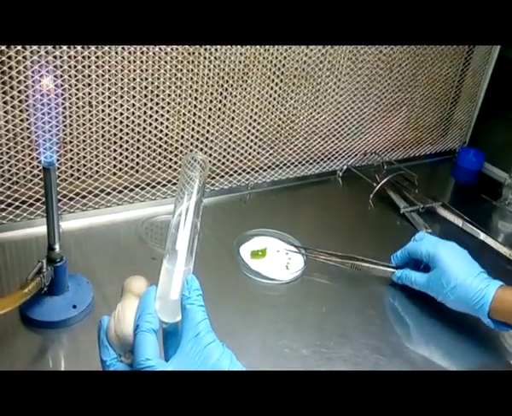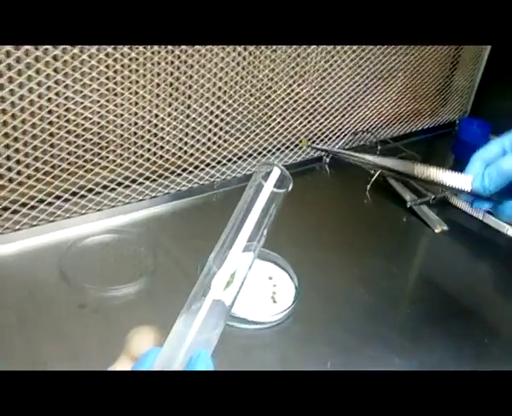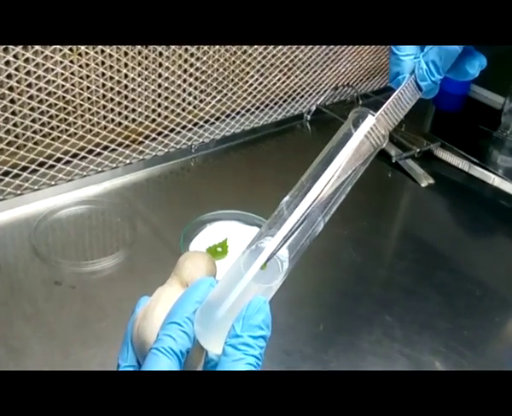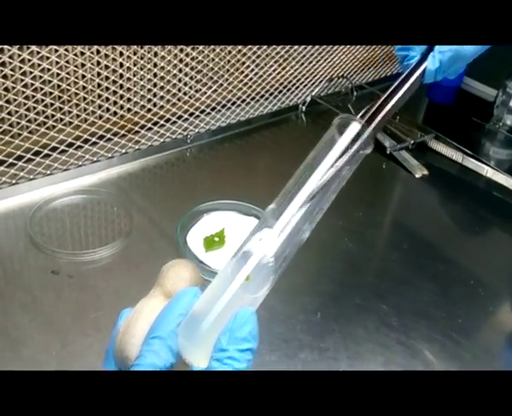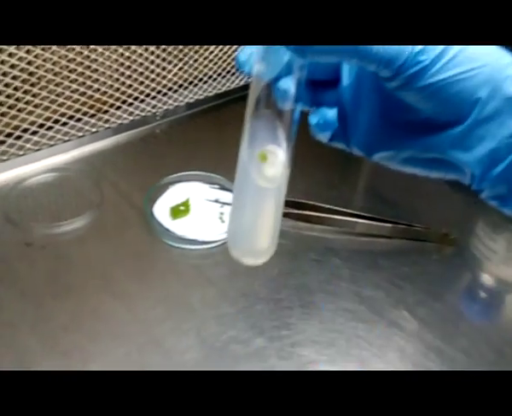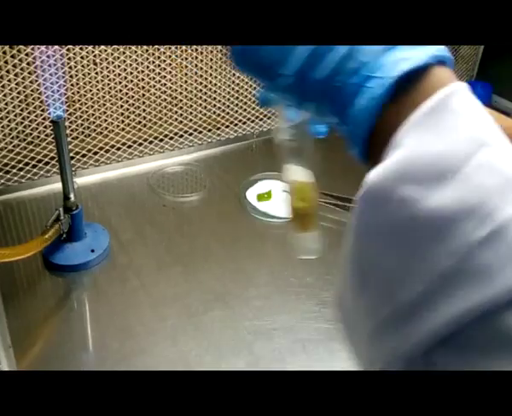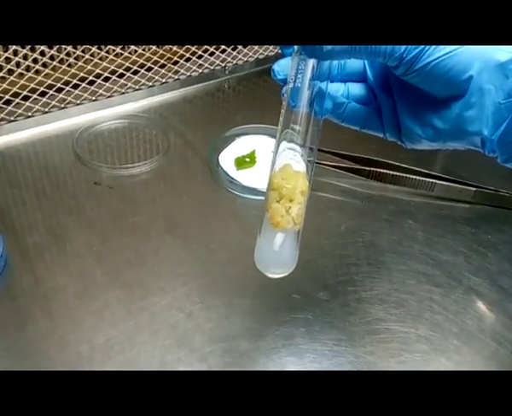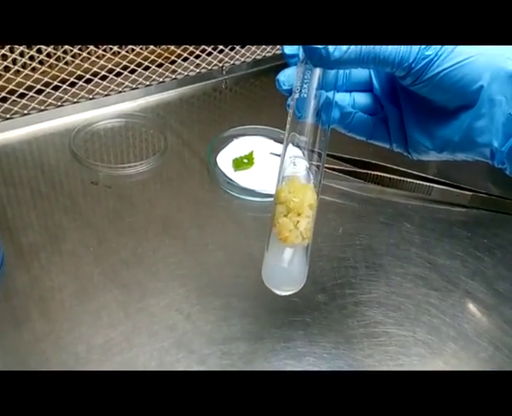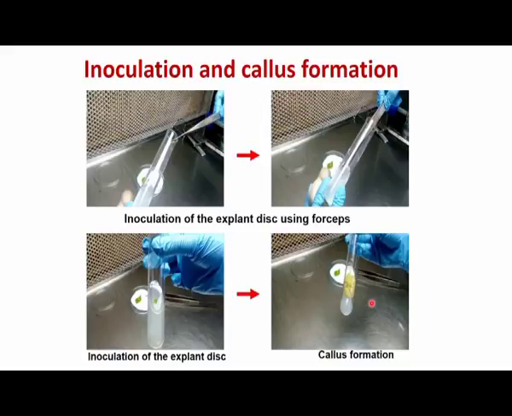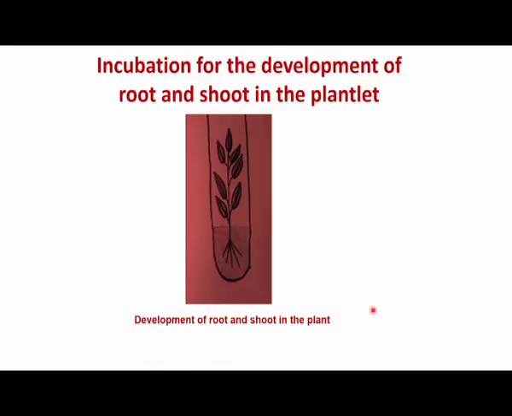Then you allow them to grow on the media, and this media also contains different types of plant hormones. These different plant hormones allow the growth of this explant on the media, and eventually you will see an undifferentiated mass of tissue within the test tube, which has the potential to give rise to shoot and root. After that, you change the microenvironment of the callus, so that it will develop the shoot on the top as well as the root at the bottom.